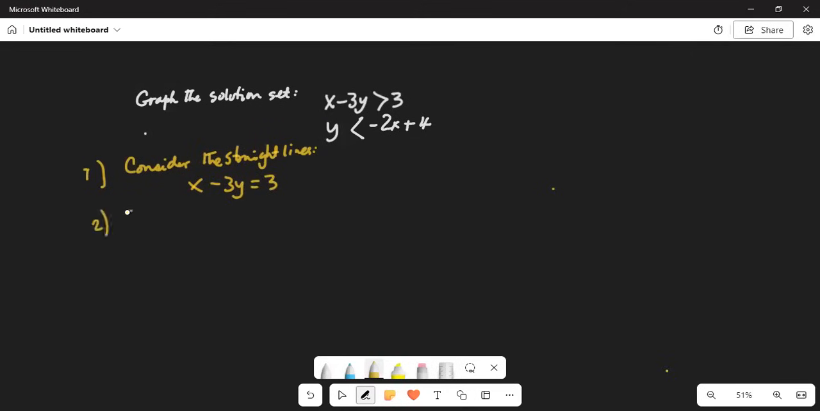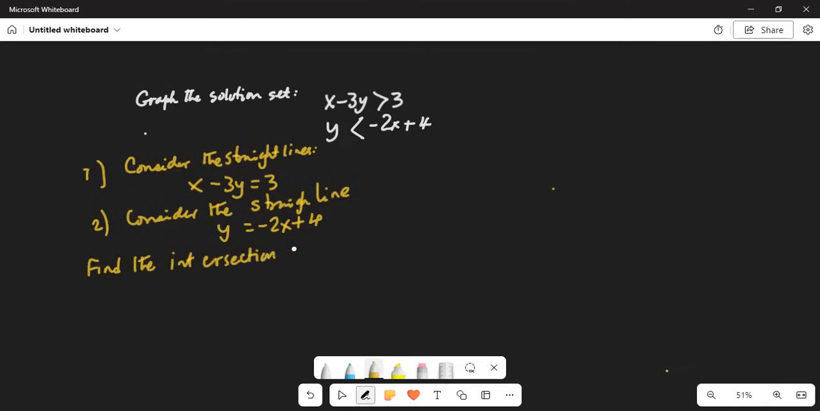And to consider the second line, the straight line y equal to minus 2x plus 4. Okay. Find the intersection of these two lines, by substituting